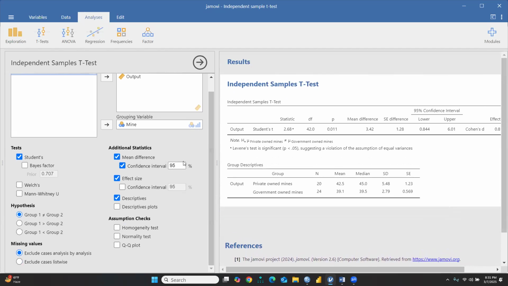So in my data, descriptives show private owned mines 20, government owned mines 24. The mean value of both kinds of mines: this one is the private owned mines, mean value 42.5, but the government owned mines 39.1. Median value is this. Standard deviation 5.48 and 2.79. Standard error is this. So we can check this, and other tests also we can run over